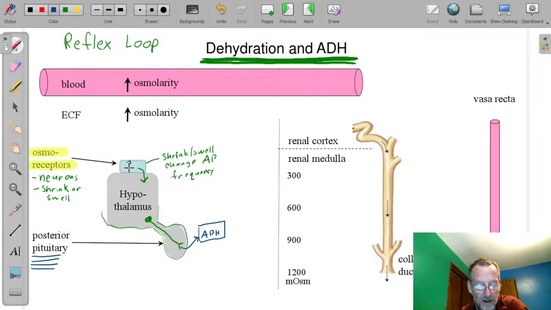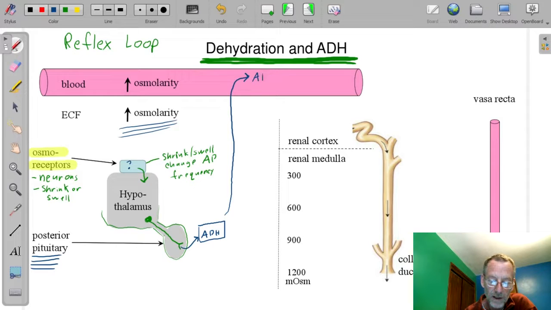If the osmolarity in the ISF is high, is the cell going to gain water or lose water when it's surrounded by more salt? It's going to lose water and it will shrink. And that will change the action potential frequency. So we release ADH, and ADH then goes into the blood